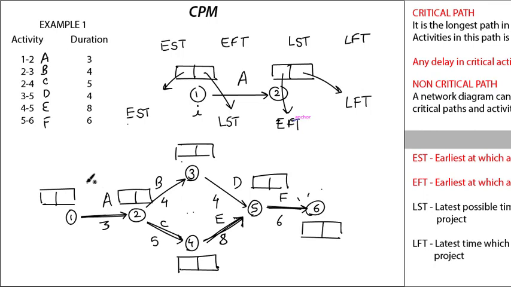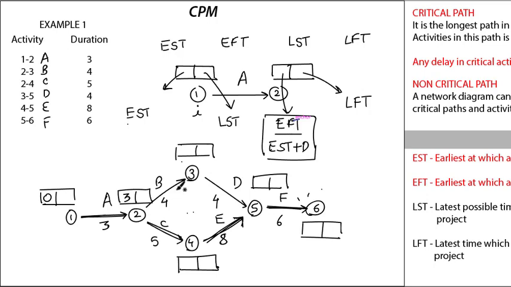Okay, so now let's see how to fill up these boxes. First, common sense, it's very easy. First is A's earliest start time, what will it be? It will be 0. So as early as possible it can start at 0. Its earliest finish time will be earliest start time plus duration. So the formula for earliest finish time is earliest start time plus duration. So 0 plus 3 gives me 3. So for A we found early start time and early finish time.